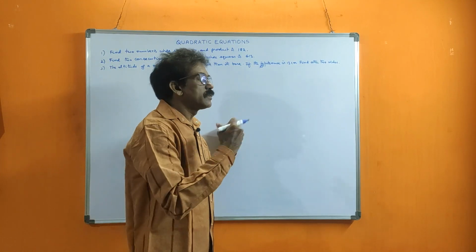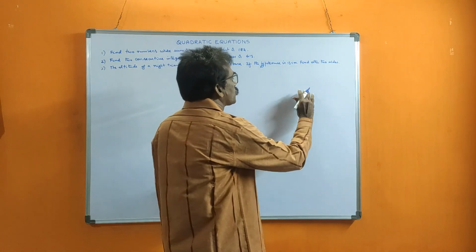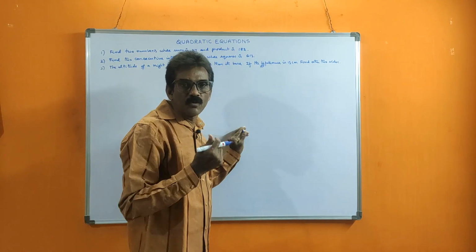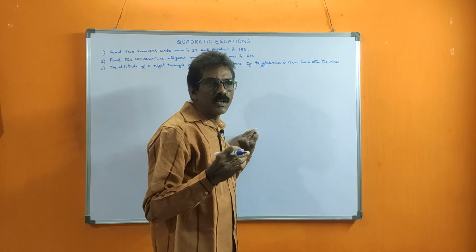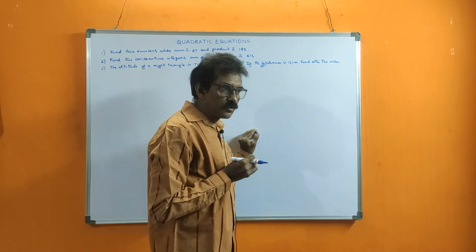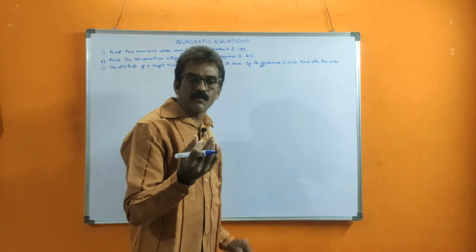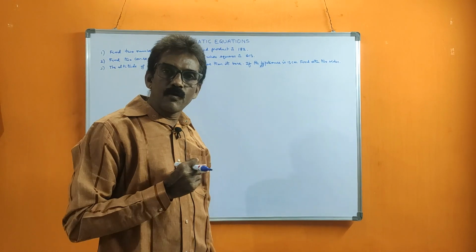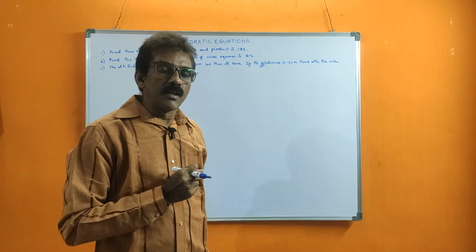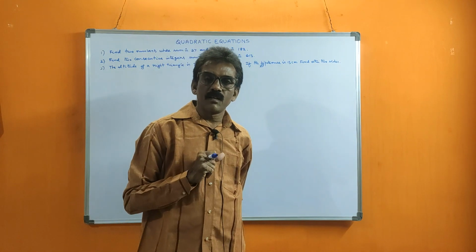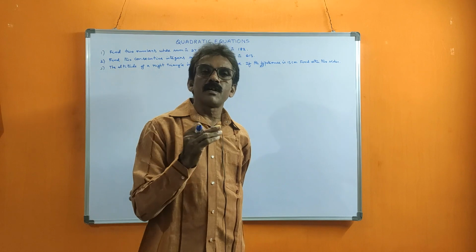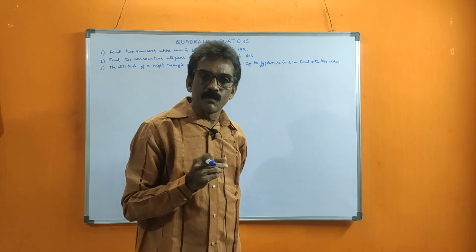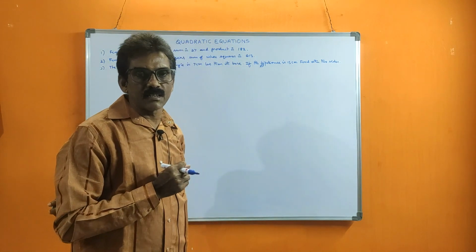Consecutive integers means side by side numbers. Suppose 4 is there, then 5. 4 or 5 are consecutive numbers. 10 or 11, 13 or 14, 20, 21, 200, 201. That means what? x, x plus 1. Next number means by adding 1 we will get the next number. That we know. 75 is there. What is the next number? 76. How did it come? 76 is 75 plus 1, then 77. That means by adding 1, we will get the next consecutive number.